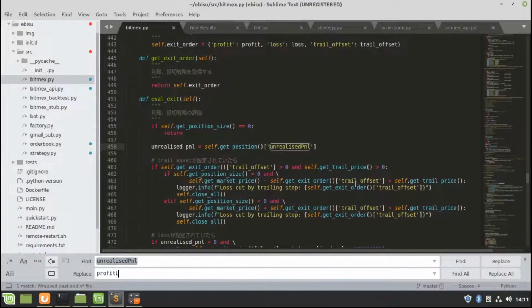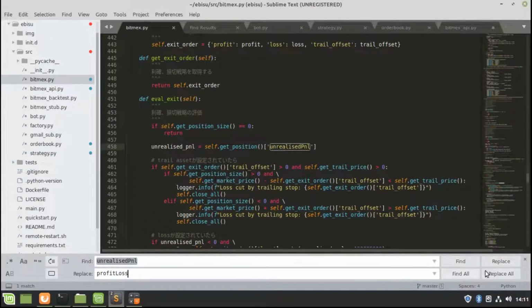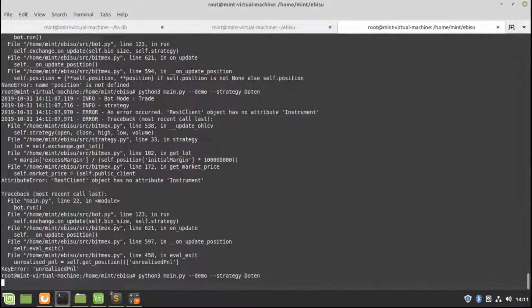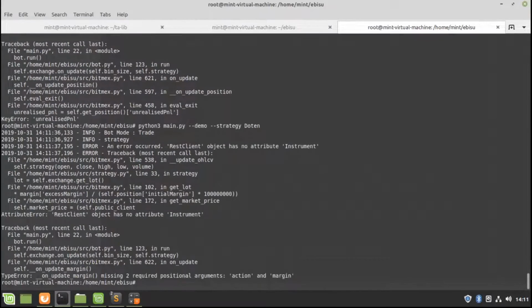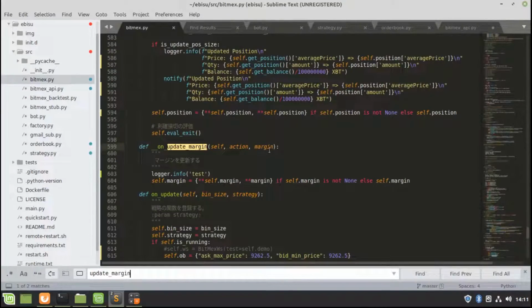Profit loss, right? On-update margin doesn't have these things here, but I don't need that. I just need self. We don't need the self no longer anymore